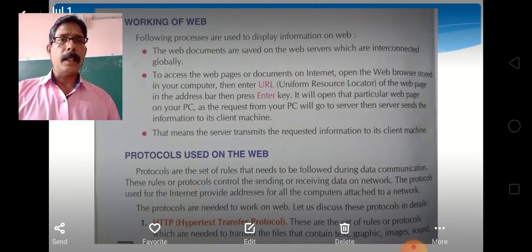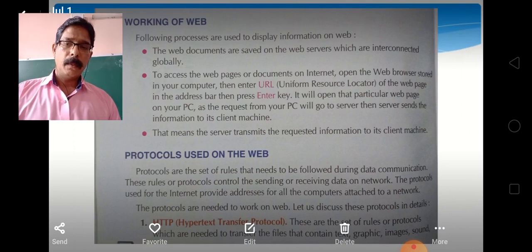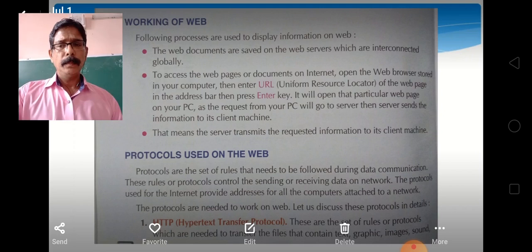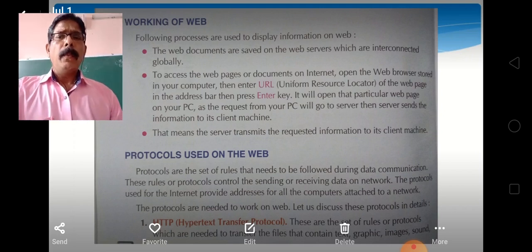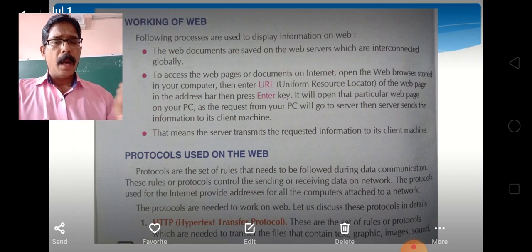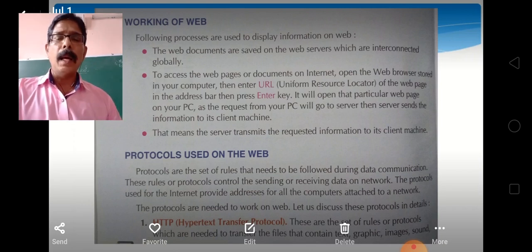Then next topic is working of web. We will have a client on the left side and a server on the right side.